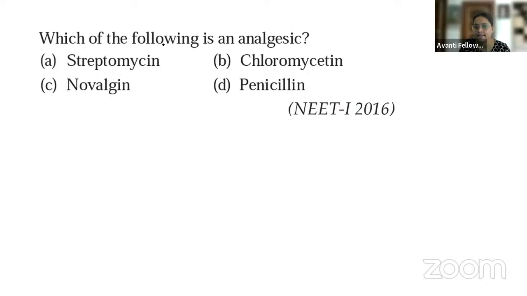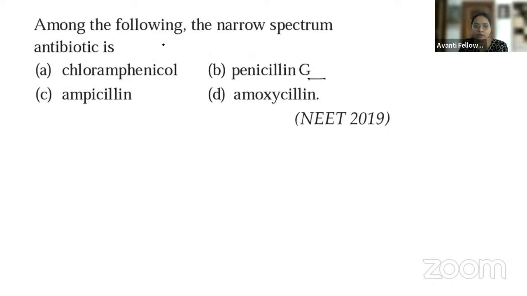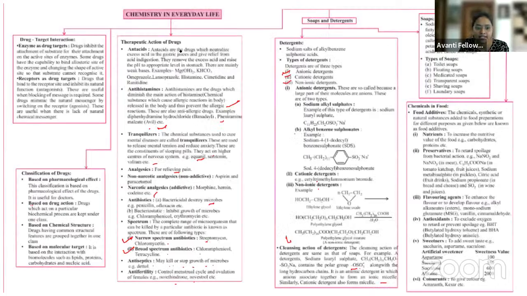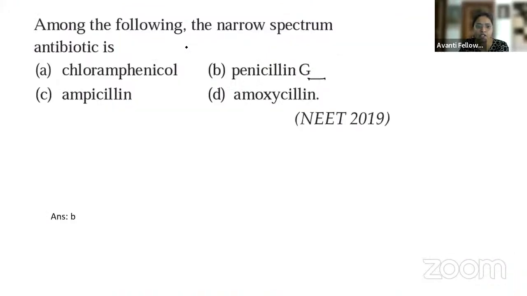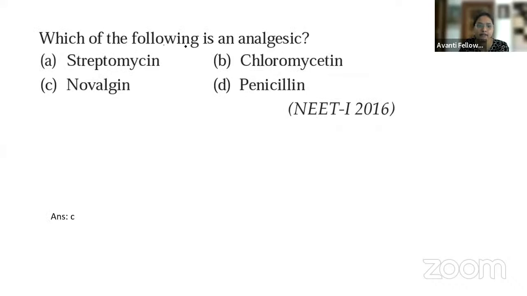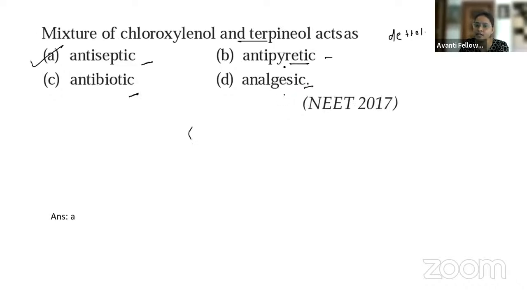Streptomycin, chloromycetin, novalgine and penicillin. तो देखो लिस्ट में जाना है। एनाल्जेसिक पूछा है, कौन सा एनाल्जेसिक है, ठीक है, लिस्ट में जाना है और उससे आपको आंसर मिलेगा। नोवेल्जिन इज अ एनाल्जेसिक, विच रिड्यूसेस पेन, वेरी गुड। एनाल्जेसिक रिड्यूसेस द पेन, एंटीपायरेटिक इज यूज टू प्रिवेंट एंड रिड्यूस द फीवर, ठीक है।